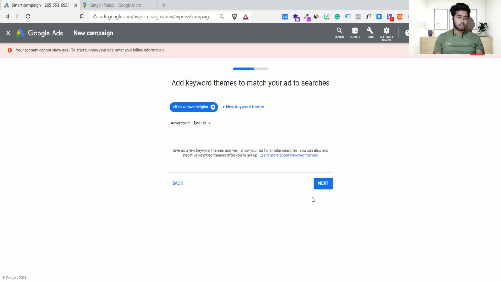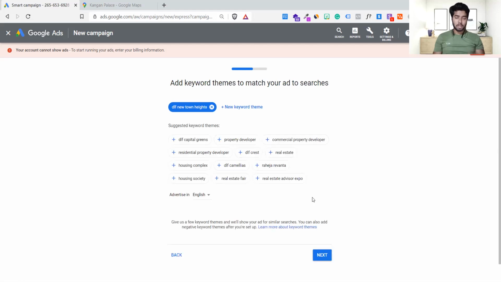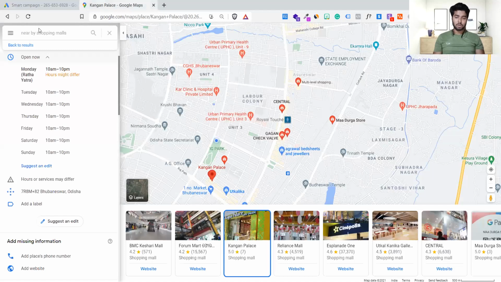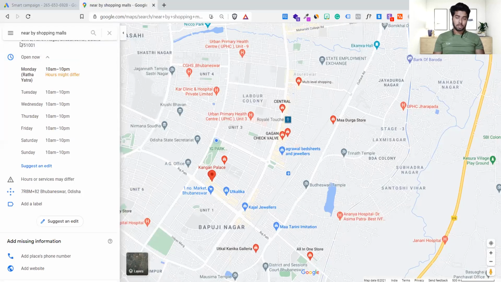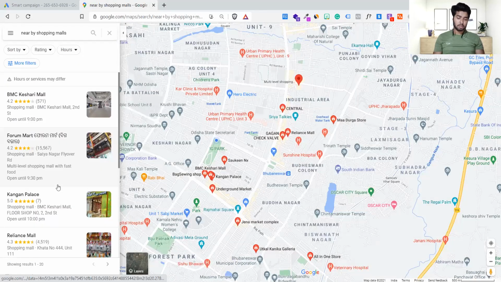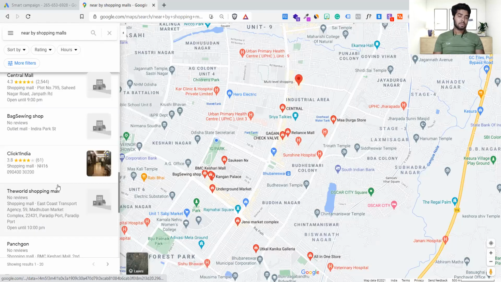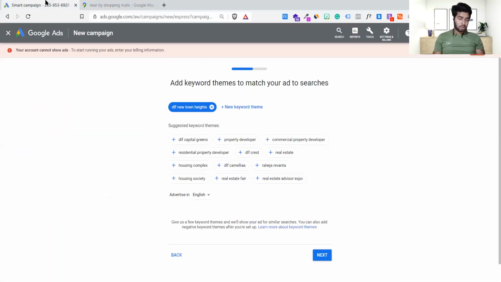Okay, so now this is, as you can see, a search-based query, of course. So I have written something here in the search: nearby shopping malls. After this only, these searches came, right? These searches came. So it means it works on a keyword basis. So it already found some keywords from the website, which is DLF New Town Heights, or DLF Capital Greens